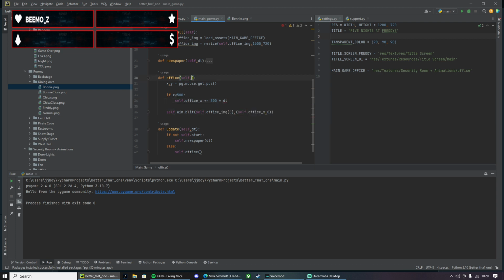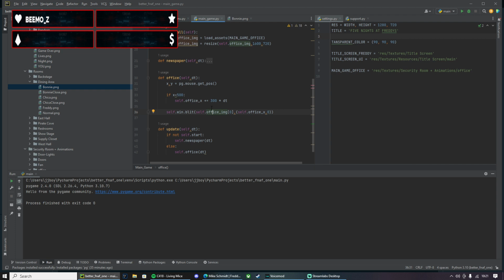That lovely thing. Why are we doing delta time? It's because if you have a really fast computer, you will move really fast. But if you have a slow computer, you can move really slowly, and then you'll get jump scared because you can't close the door quickly.